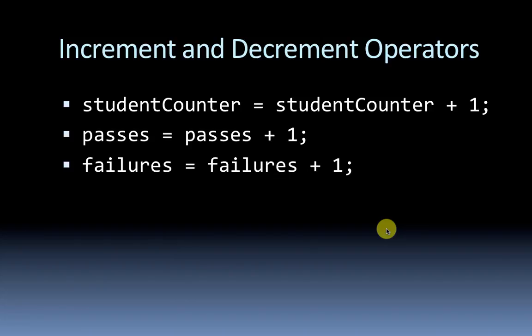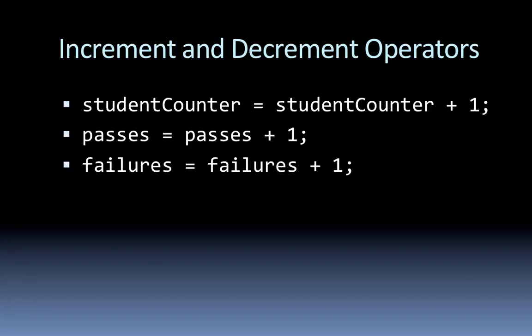So here we have three statements from various applications that we've looked at earlier in this lesson. And in each case, all we're doing is taking a variable and adding 1 to it, then storing the value back into that variable. Now, in the preceding video, we introduced the plus equals operator, the addition assignment operator, and that can be used to shorten each of these expressions if we would like, but there's an even shorter way to express these as well using the plus plus operator, which has the sole purpose of adding 1 to a